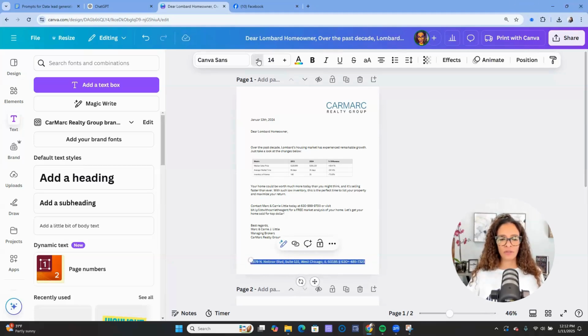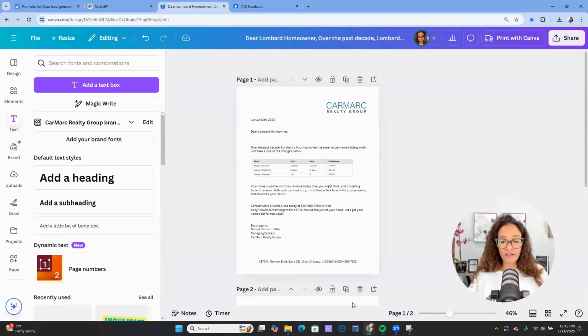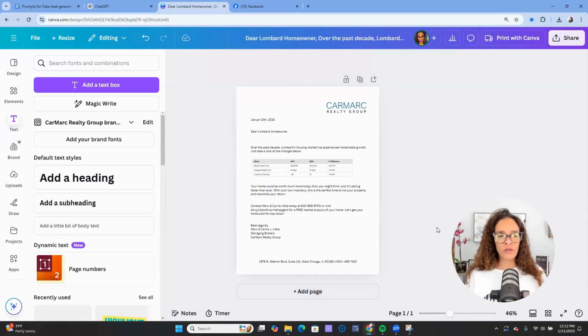Let's shrink this down a little bit. That looks a whole lot better. So now we have a letter. I'm going to get rid of that second one. And so now you have a direct mail piece. So you can leverage Realist, Remind, RPR, whatever tool you're using to grab